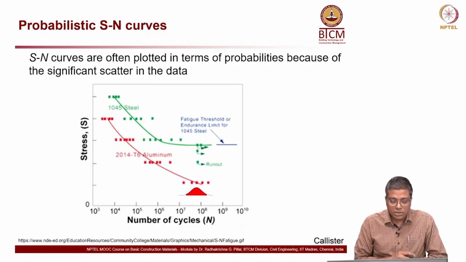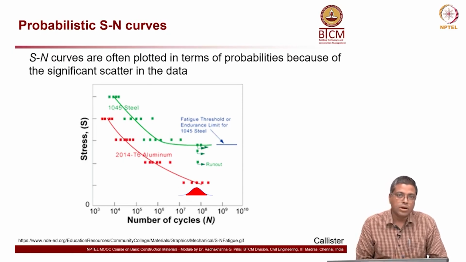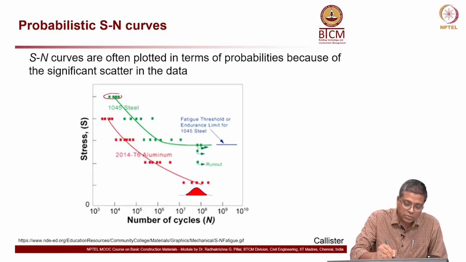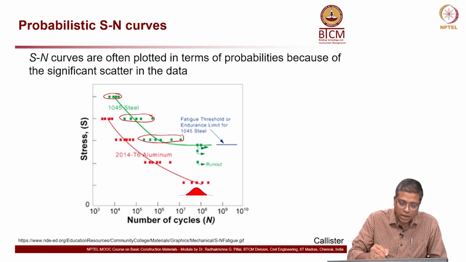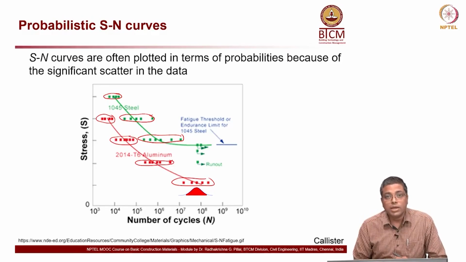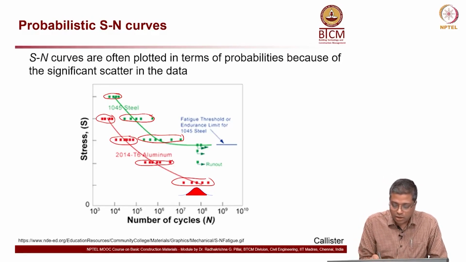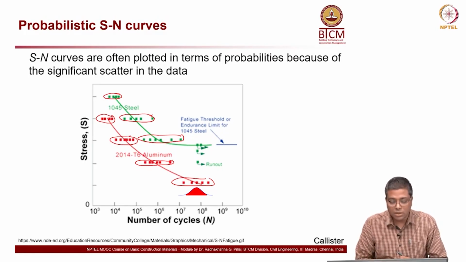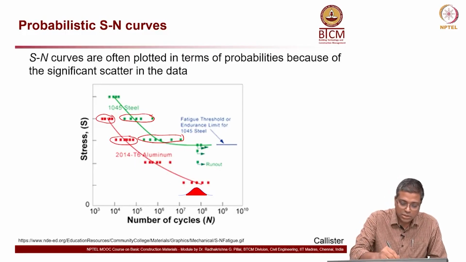Okay. So, we just discussed very simple graphs, right, but in reality, when we actually do this test on various materials, there is a lot of probability which comes into the picture. As you see on these graphs, in the green one there is this variation, this variation, here you have this much variation, and in the red one you have this much variation, this much variation, this much variation. So, how do we handle this variability in the test results? We can look at the variation at every point and then draw some probability based curves. I am going to show you that in the next slide.